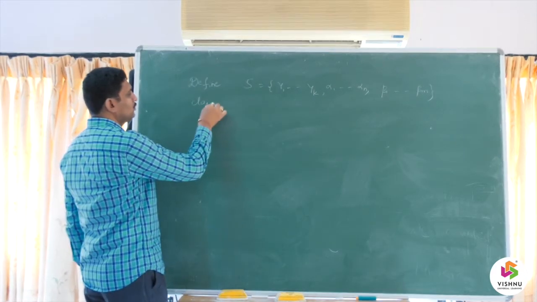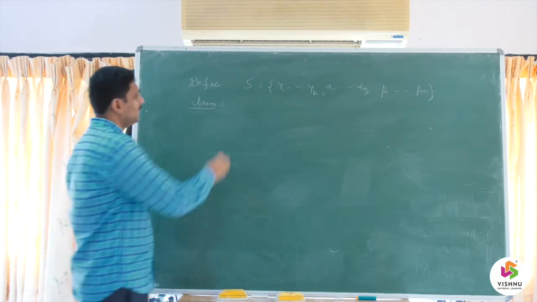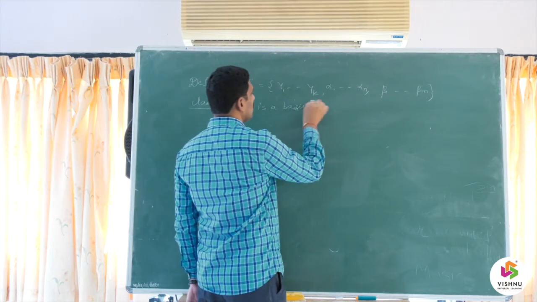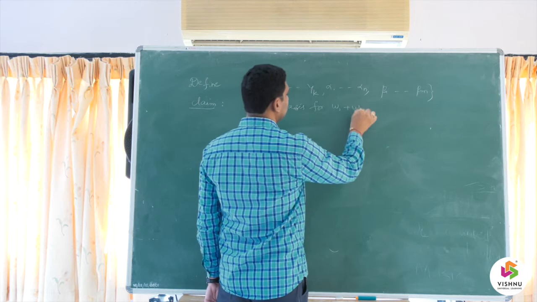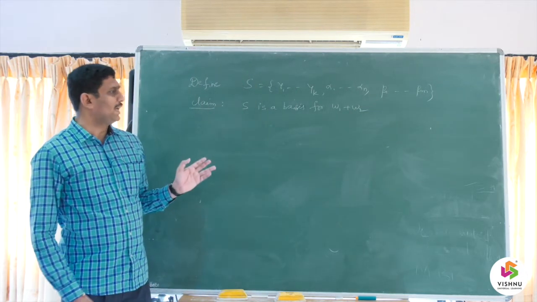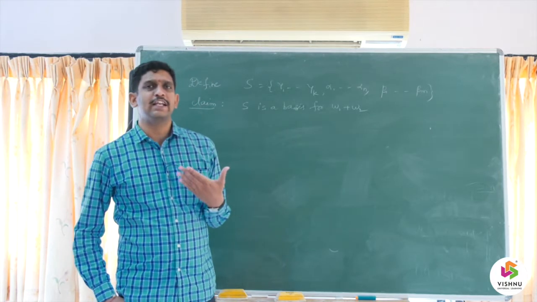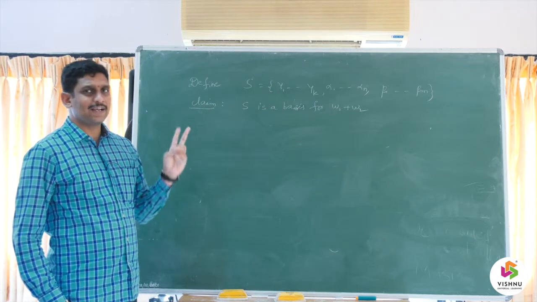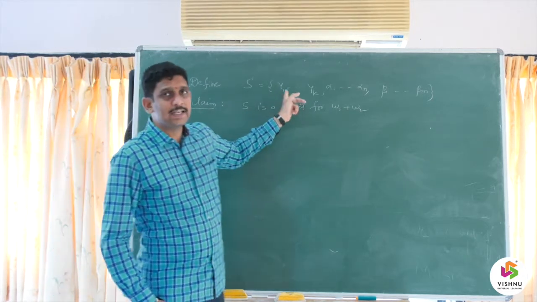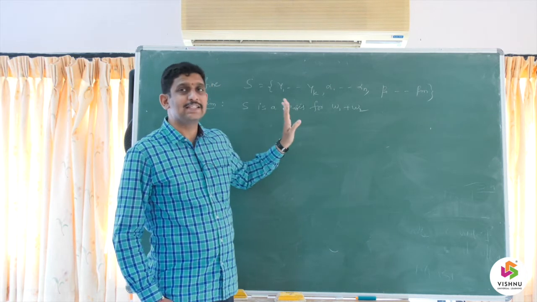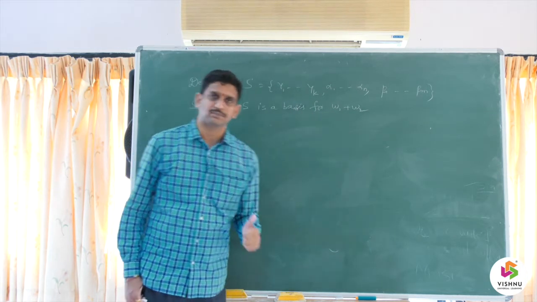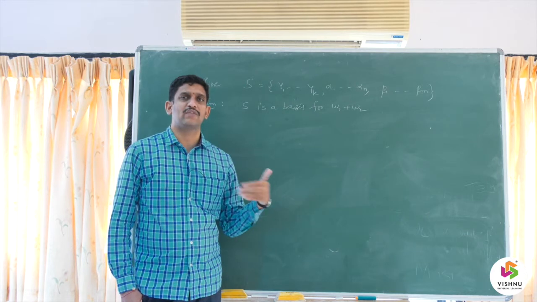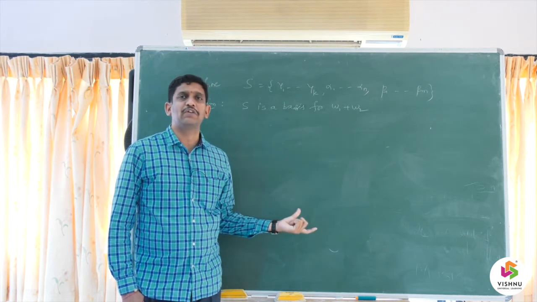Now what I am going to prove? I want to show that S is a basis for W1 plus W2. So again, what is meant by a basis? It is a linearly independent set and it must be a spanning set. So I have to prove the two properties for S. I have to show that S is a linearly independent set and I want to show that S is a spanning set for W1 plus W2. So students, please understand carefully, this is a lengthy theorem, you have to wait for some more time. So slowly but steadily you need to understand this.